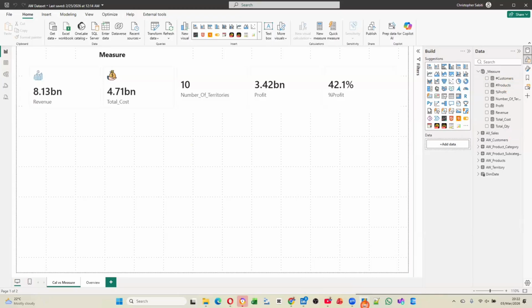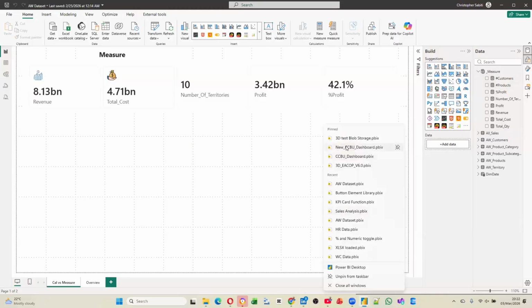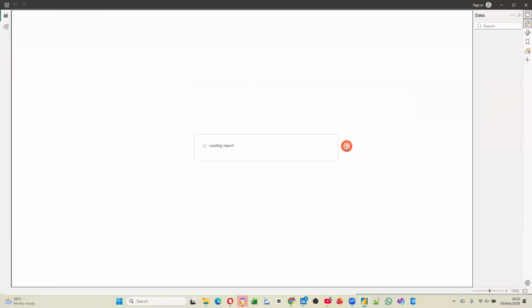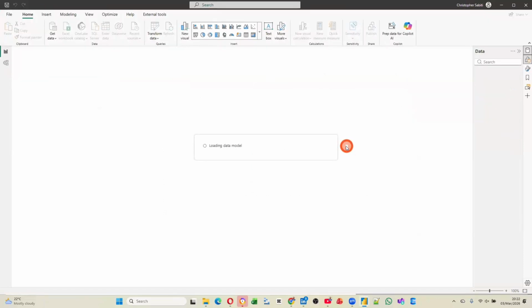You can't keep scrolling through 70 measures. That is time wasted, that is fatigue. But the moment you put them in folders, it is a plus for you and it improves productivity. Every time you come to this file, it is very easy for you to navigate. Just opening this,